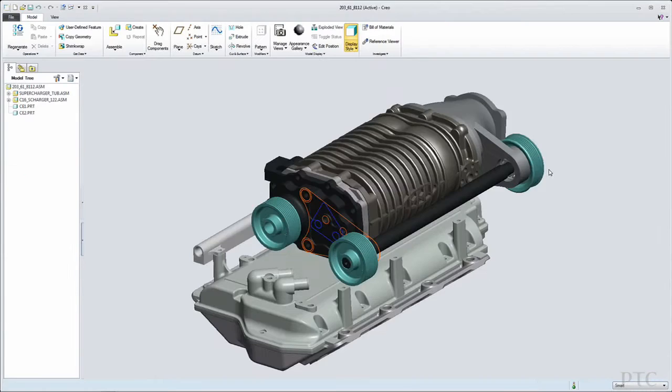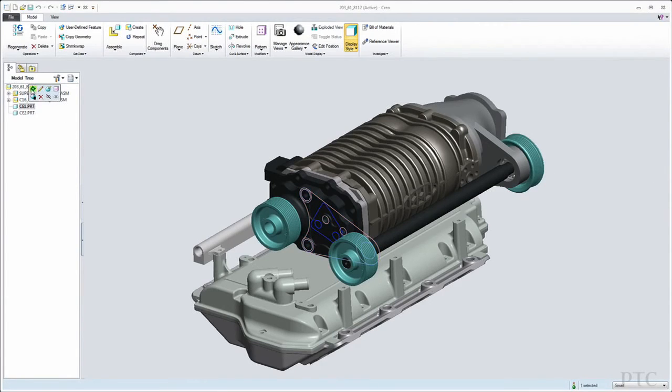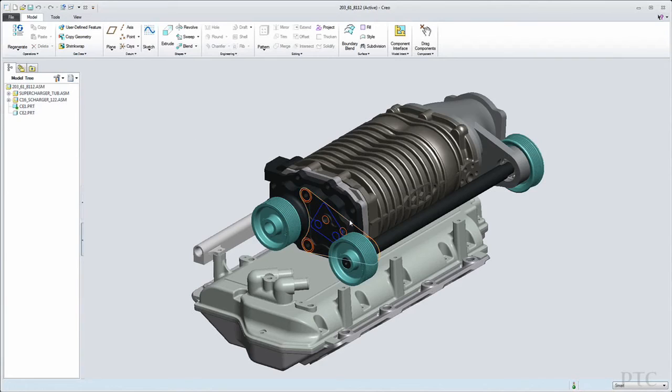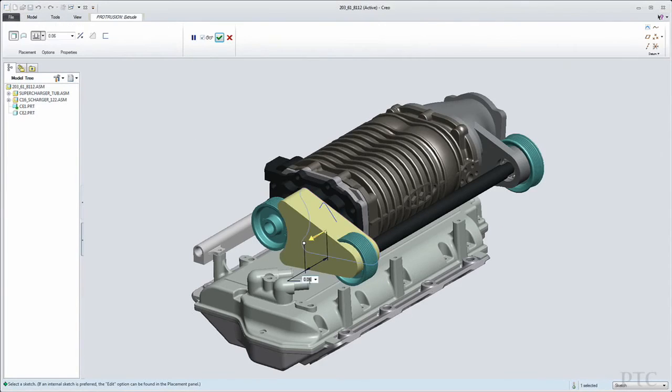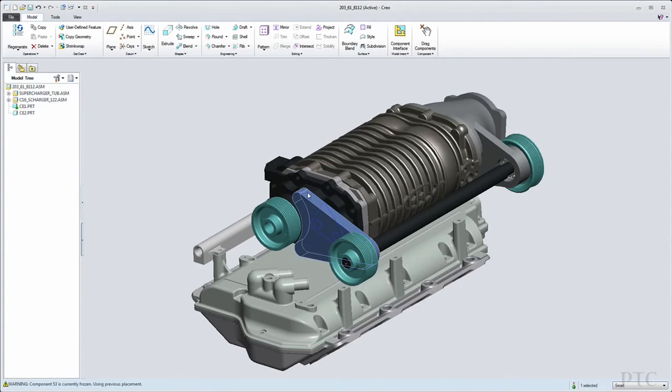And what I'm going to do is take that information and move it into 3D. Now here in the 3D environment, you see that 2D sketch geometry that I just created. And now I can use that 2D information to define my models in 3D. But what's interesting here is that at any point